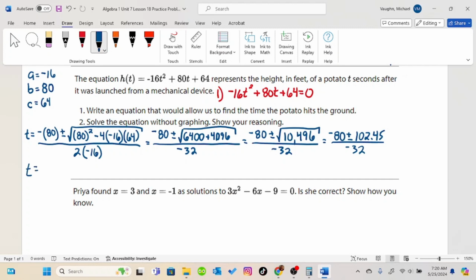So t either equals negative 80 plus 102.45 divided by negative 32. 80 plus 102.45 would be 22.45 divided by negative 32, which equals